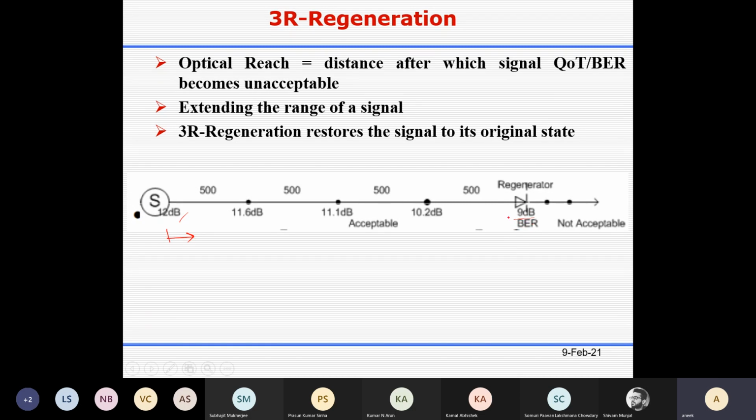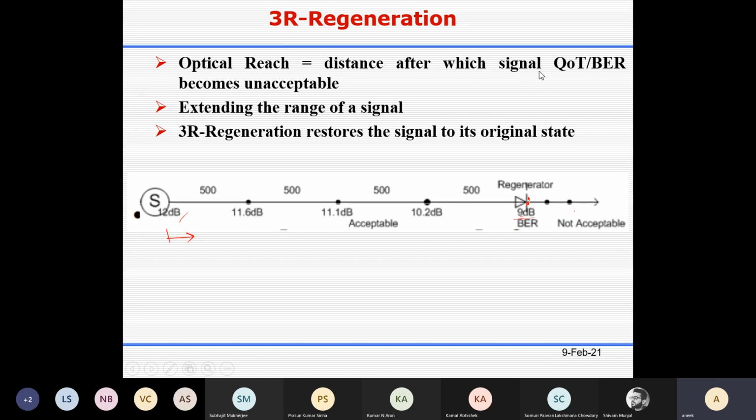That means BER will increase. If you go even beyond it without a regenerator, from 9 dB it will reduce further, and then it is not acceptable. So they consider that at least 9 dB signal to noise ratio is required for faithful detection of the signal. So there you have to put a regenerator.